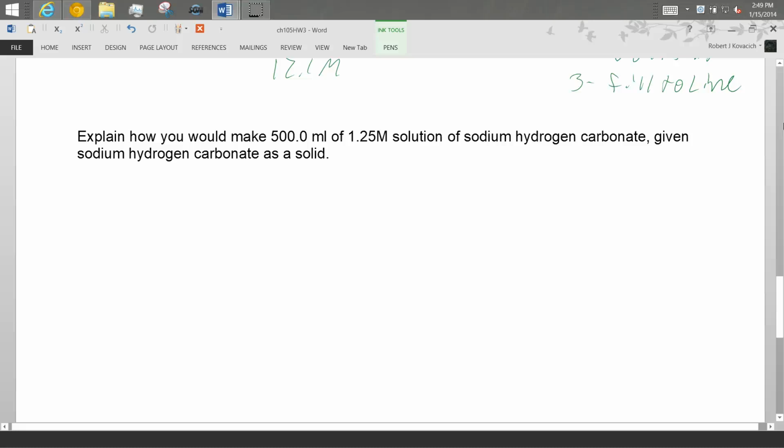So I want to make 500 milliliters of this. I want it to be 2.5 molar. And I need to know how much of the solid baking soda I need to add to this. Okay, so I need grams. And I don't have any grams at all. So I need to get myself some grams. So I'm going to write 1.25 moles per liter. I'm going to get rid of the liters by writing 0.5 liters here, and then that'll cancel out. Now I need to get rid of the moles. 1 mole